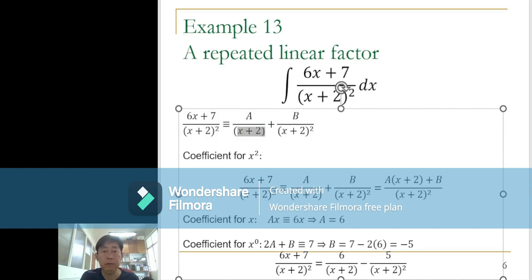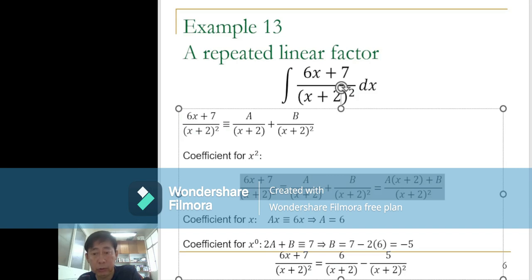The first term is A over x plus 2, while the second term is B over x plus 2 squared. Once the fractional function is decomposed into its corresponding partial fractions, the constants A and B can be obtained by comparing the coefficients of the x term and the term independent of x on both sides